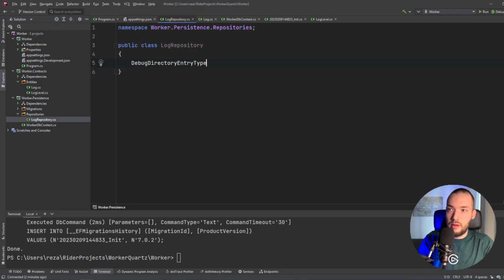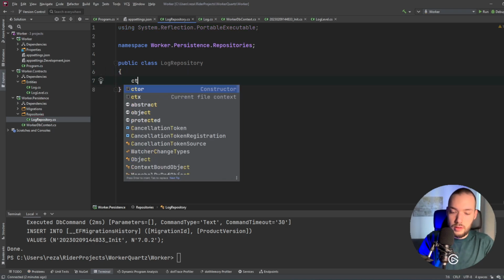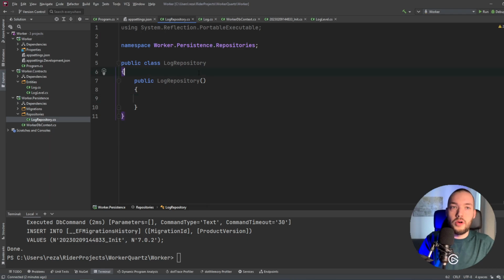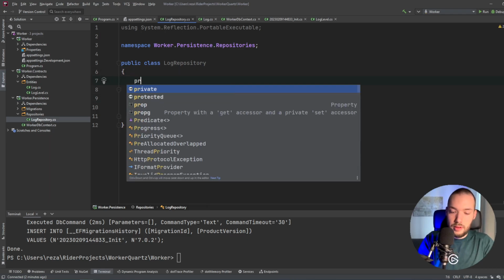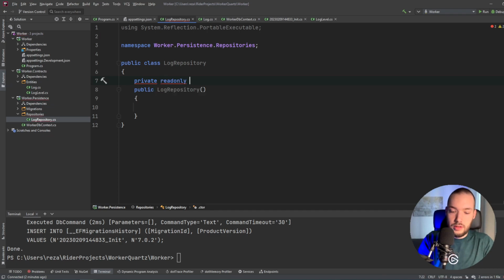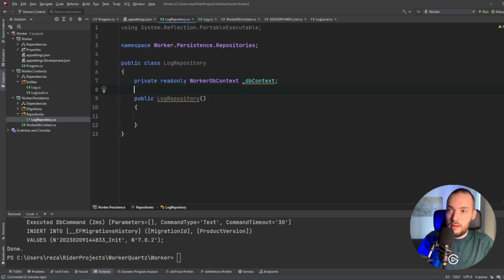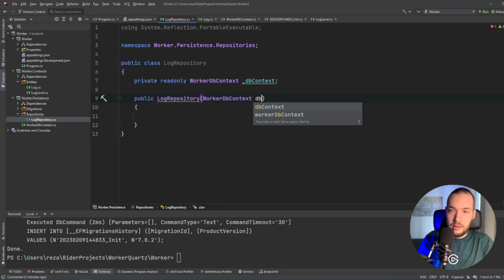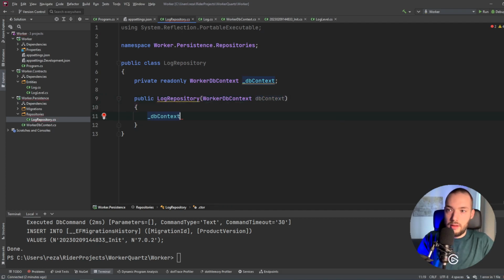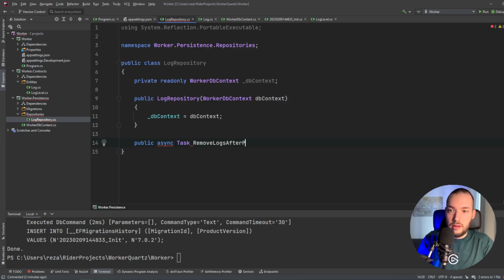This log repository will take, of course, the DB context as a parameter. So we're gonna use private read-only worker DB context, and in here worker DB context, DB context, and we'll assign the dependency. And we'll create the method called public async task RemoveLogsAfterPeriodOfTime, and it will take DateTime